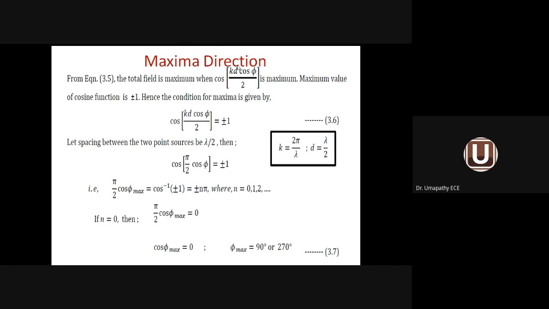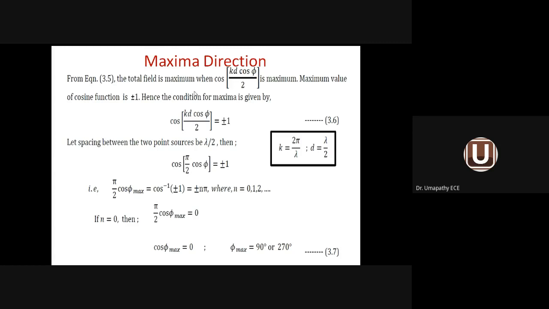By looking at the radiation pattern, I can comment this one is a broadside array, this one is an end-fire array. This one is having maximum direction in this direction, minima direction is available in the other direction. Like that, I can come to a conclusion. So for that only, we are trying to draw the radiation pattern. So first of all, I want to find out the maxima direction for case 1. We are discussing only case 1, 2 point array, case 1 only.